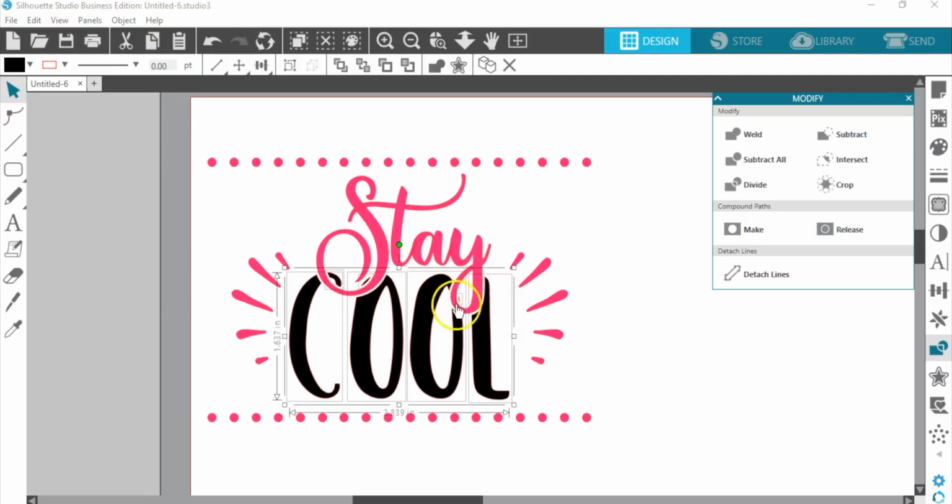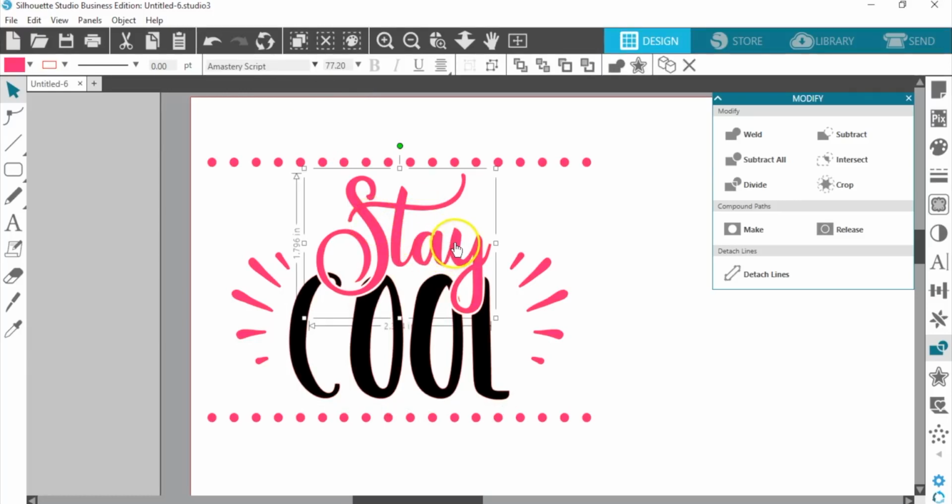Okay, so that has cut away just the way I want it to. The portions of the lower layer that were covered by the upper layer have disappeared. So while those are all selected, I'm going to go ahead and group them together. Now I'm going to weld stay so those pieces that are overlapping don't cut into each other.